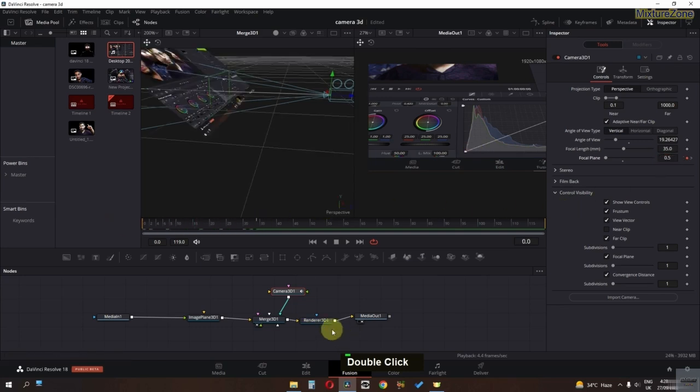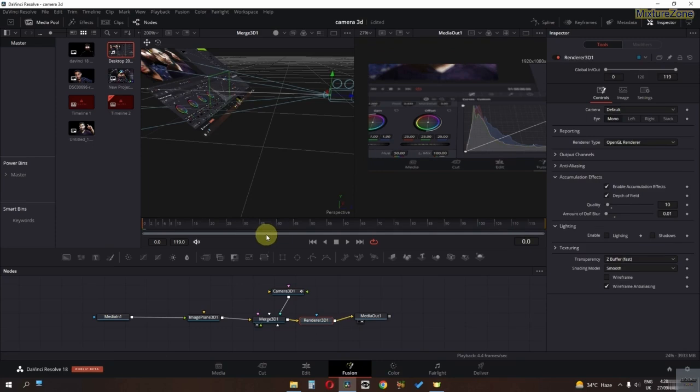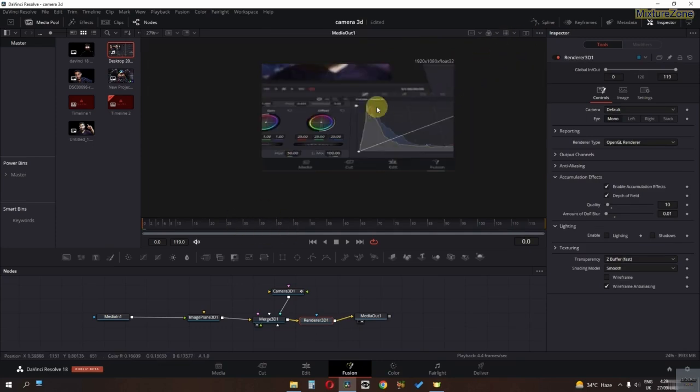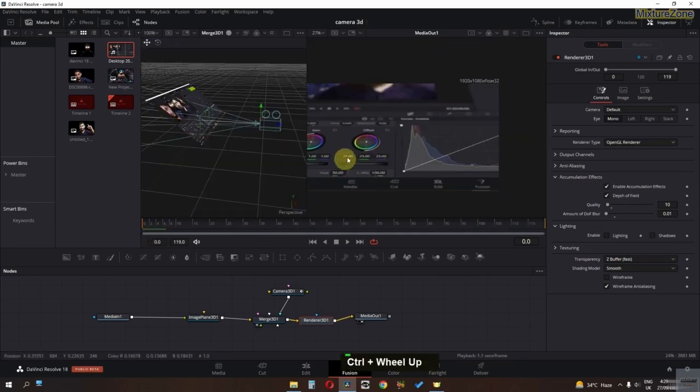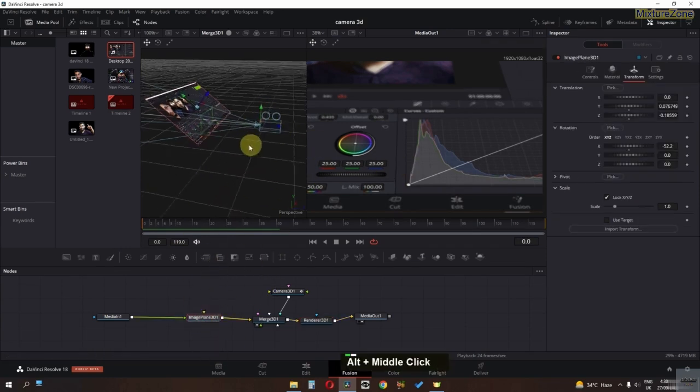Now guys, if I play this video, go to render first, enable the accumulation settings, you can see we have this motion blur. And now as you can see, this is the focus area and this is the blurred area. If I play this video, you can see the focus is now shifting from this area to this area. So you can also create this type of video if you want to, and you can also animate the position if you want to. So you don't need to change the position of the camera, you have to just select your image planner,